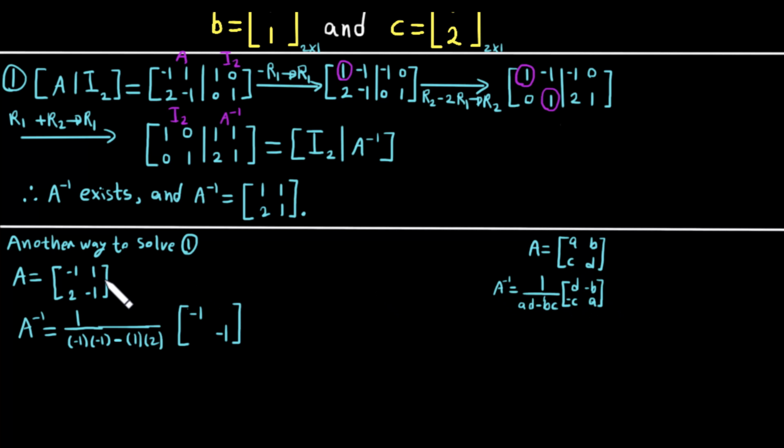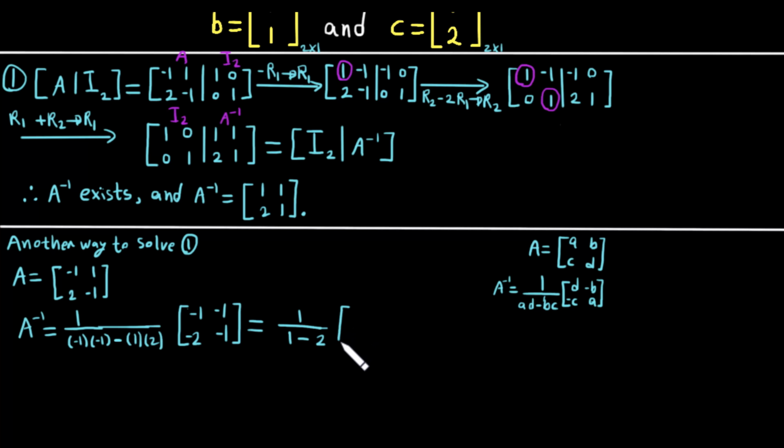So negative of 1, and here negative of 2. And this answer of this one, as you can see, negative 1 multiplied by negative 1, which is 1, minus 1 multiplied by 2, which is 2,